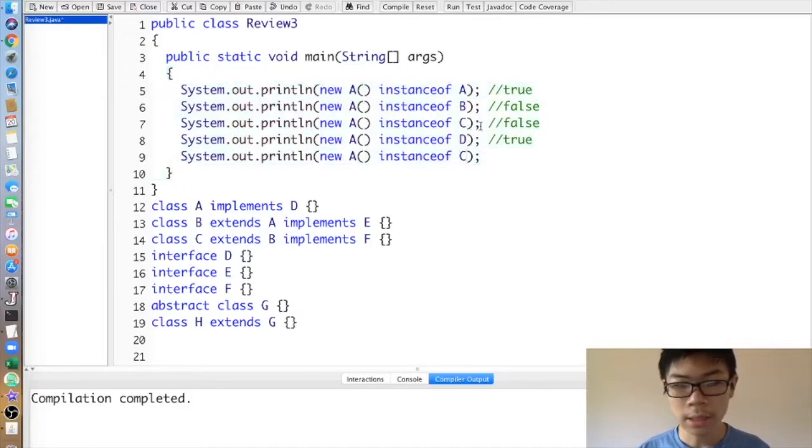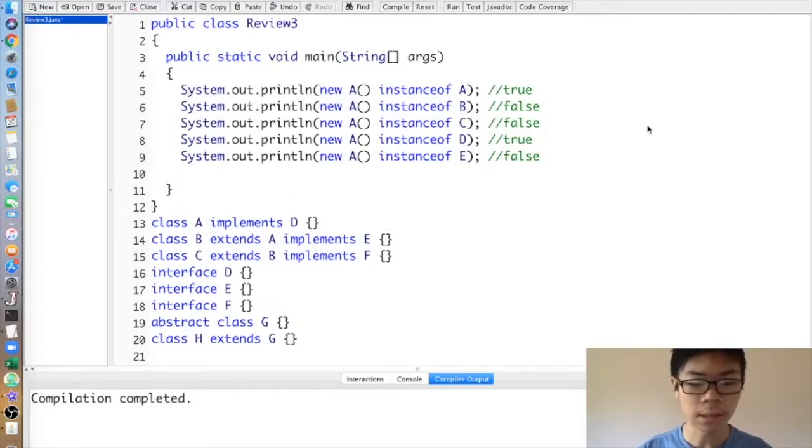New A instanceof E? Well, that's false because B is the one that implements E. A does not implement E. And A does not extend B either, so that doesn't work. What about